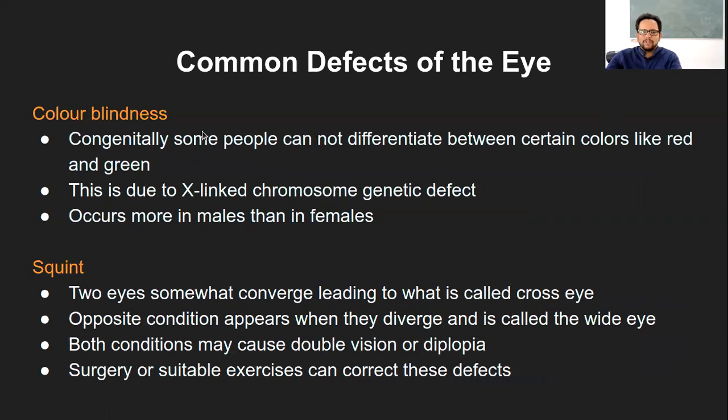Then color blindness, which we have already seen to some extent while looking at the genetics. It is congenital: some people cannot differentiate between red and green color. Congenitally means since birth, so the situation has occurred since the time of birth. There is a difference between genetic or hereditary and congenital. Hereditary means it has been going on throughout the generations, but congenital means it was not hereditary, but started with the birth of the child. So that is a congenital disease or disorder.